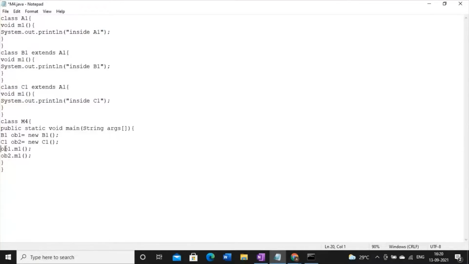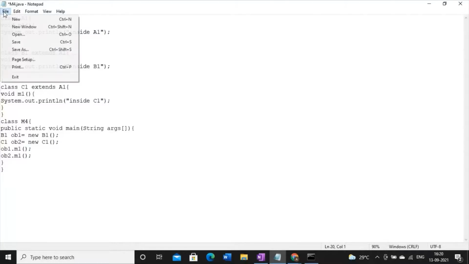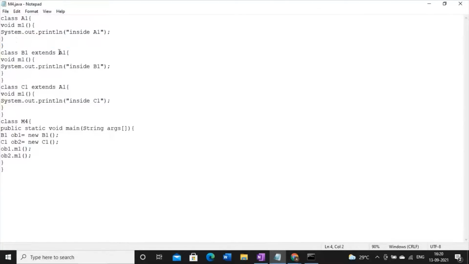I think up to this point it is clear. What I am doing: I am creating hierarchical inheritance first, then I am creating method overriding, then I am showing whether method overriding appears or not. Yes, because according to method overriding, only the subclass's method output will be visible and the output of the superclass method will not be visible.